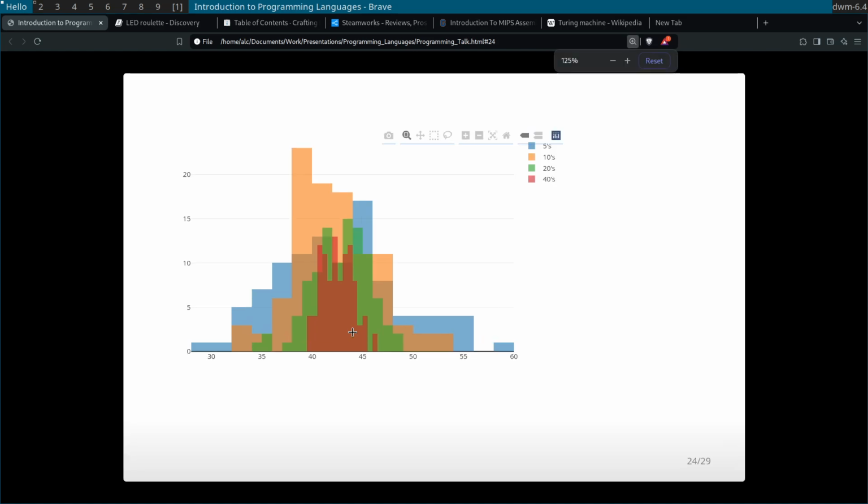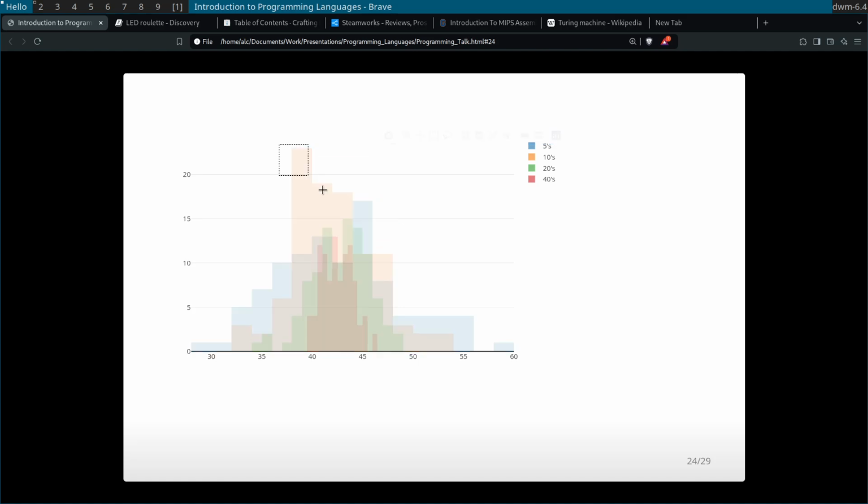One big reveal when I first did this is that this whole slideshow is actually written in R, which I'll show the source code at the end and upload it to the Discord page. But we could interact with this graph, so we could see the different values here. We could lasso them and select different values, so that's kind of cool. And we can compare all the different values.